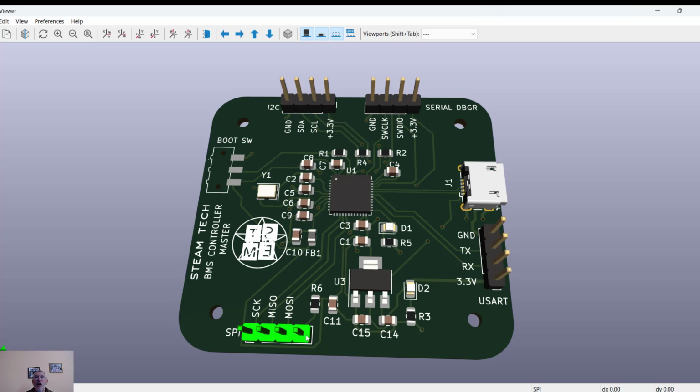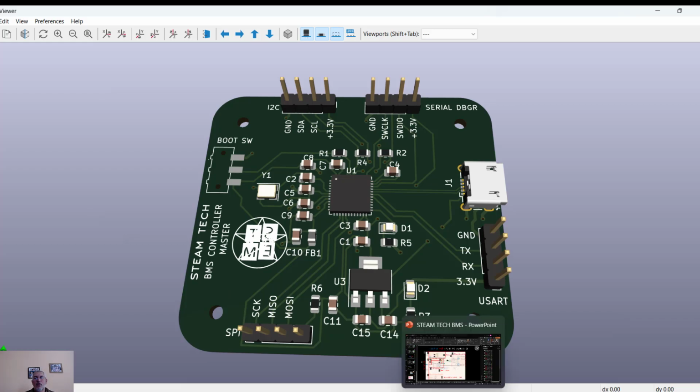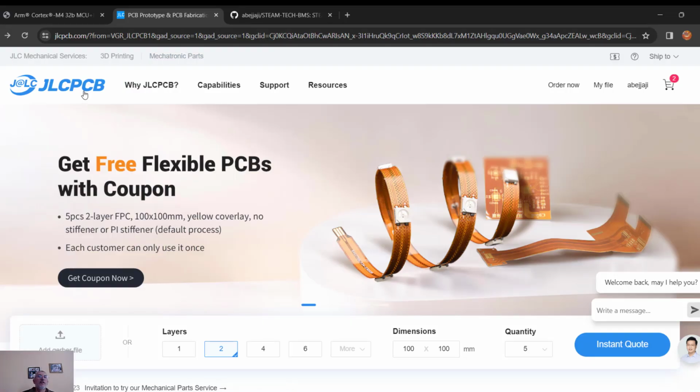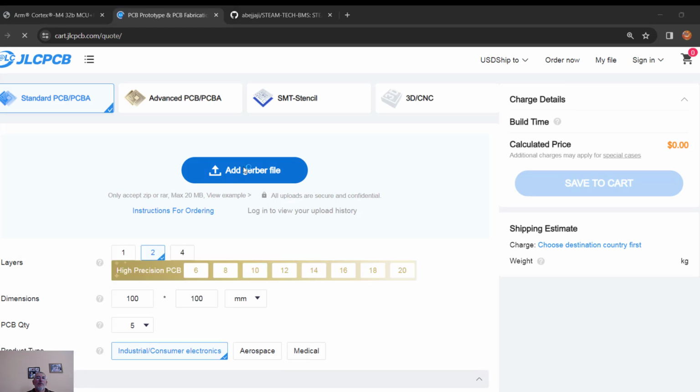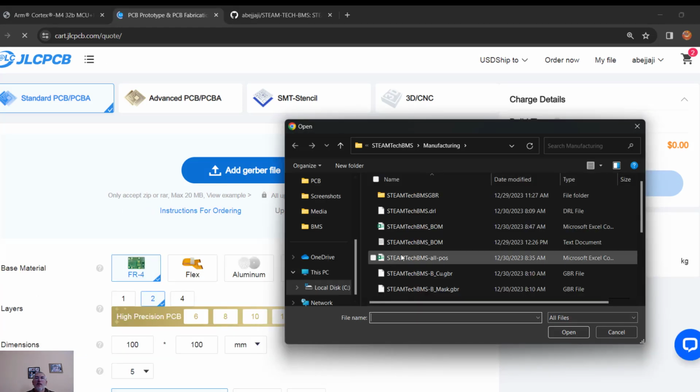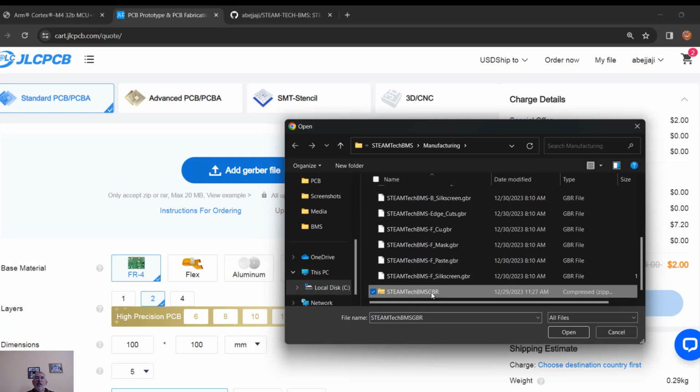So let's see how you can order this, if you are interested, from GLC PCB. This is the assembly house that I use to order my PCB. I don't do any advertising for them. I'm just showing you how you can order things. If you go under order, click here, you add the Gerber file, and my Gerber file is zipped, and I have it in my GitHub. If you upload this,